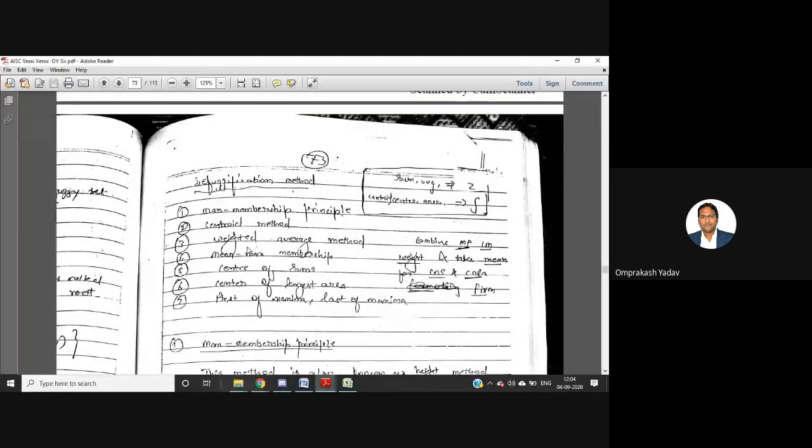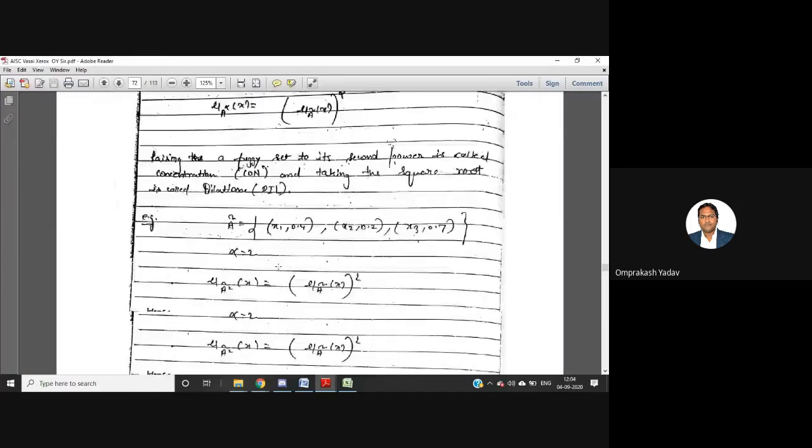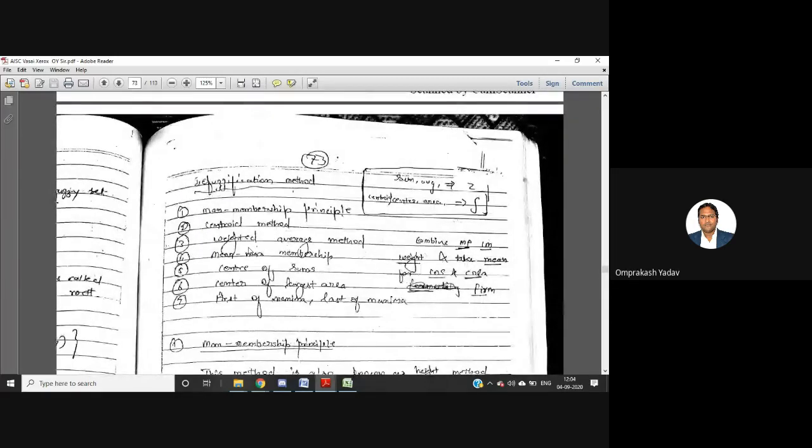So we saw fuzzification first, the different types of fuzzification methods. Fuzzification is the method to convert a crisp value to a fuzzy value. I told you to remember that word so that you will be able to write all the different types of fuzzification methods: intuition, inference, rank ordering, angular fuzzy sets, neural network, genetic algorithm. You should remember these and just write one paragraph about that.